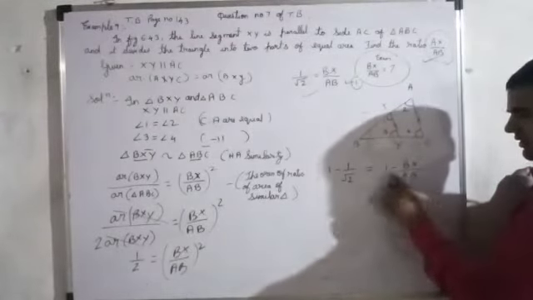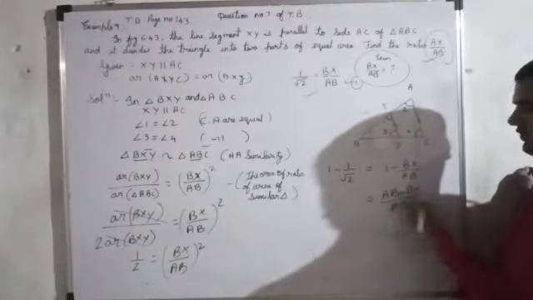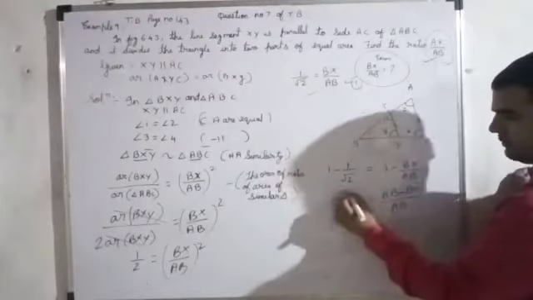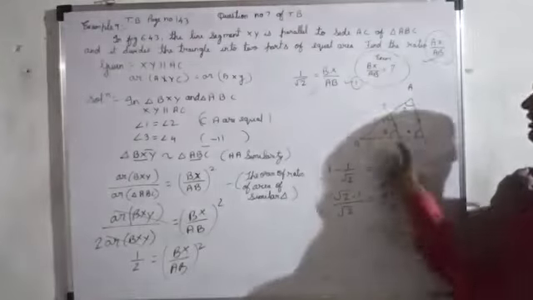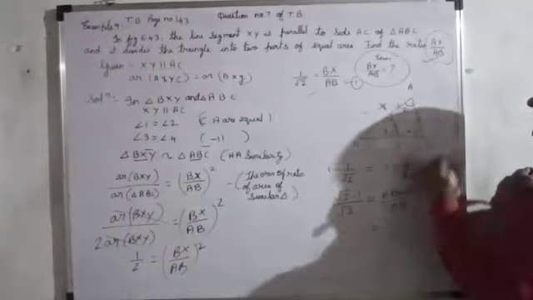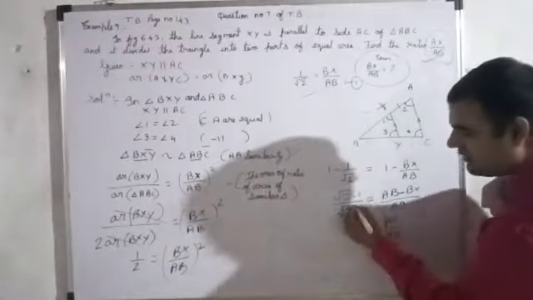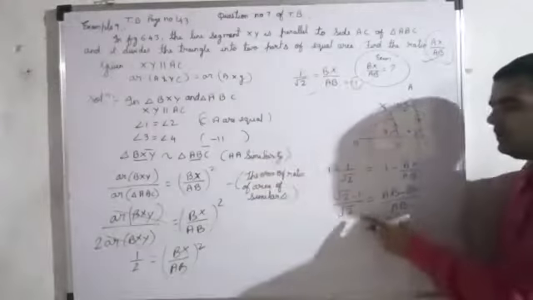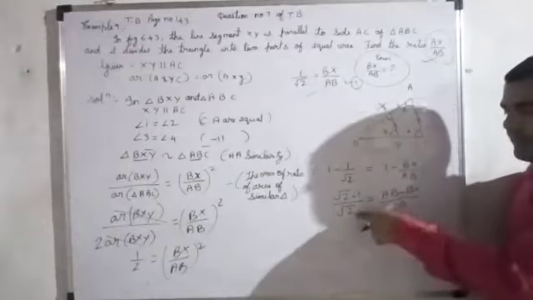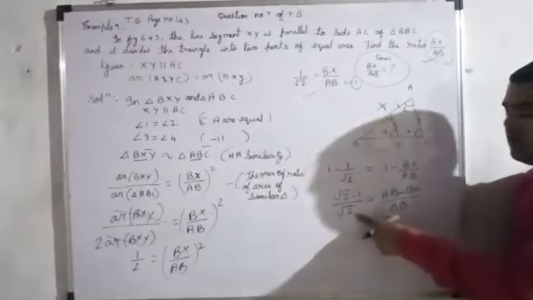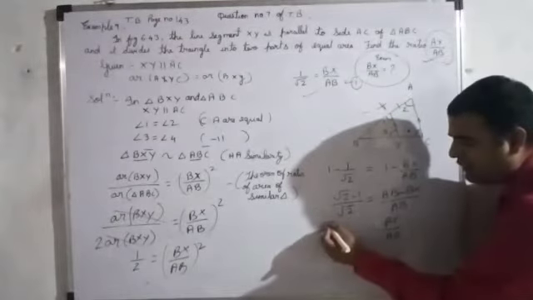Do the cross multiplication. AB minus BX upon AB, which we want, and this will be root 2 minus 1 by root 2. Okay. AB minus BX is what? AB minus BX is what? AX. AX upon AB. We got this. Okay, but see, root 2 minus 1 upon root 2. Whenever the denominator is in root form, it is not in standard form. So you need to convert it into standard form by multiplying by its conjugate. Okay, that is by doing the rationalization.